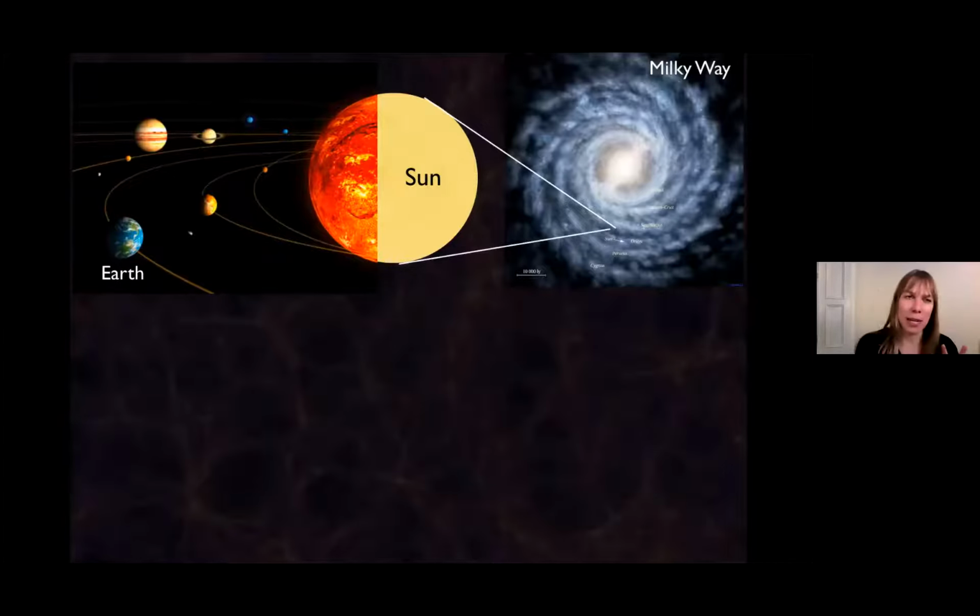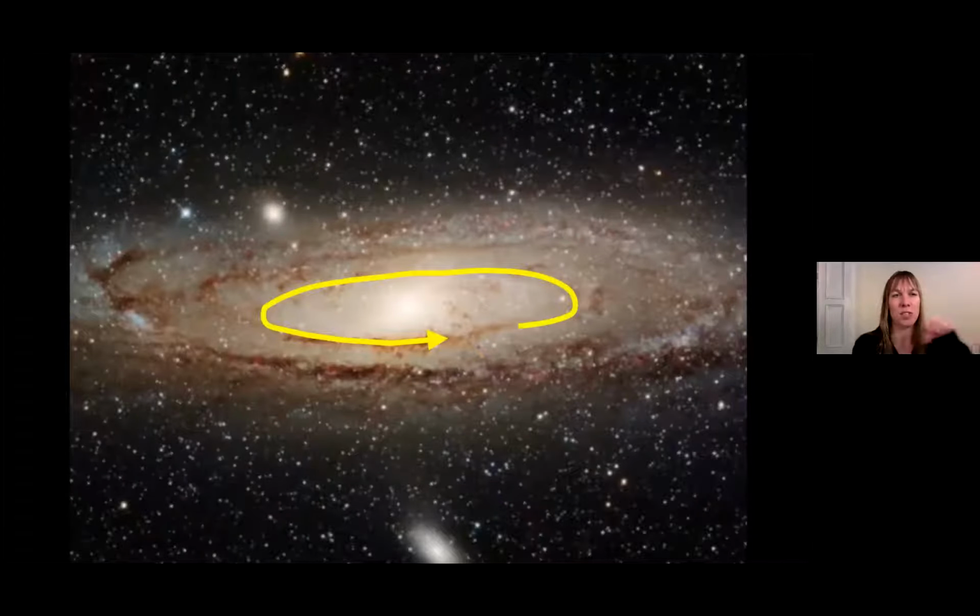All right, let's stop at the Milky Way Galaxy, because that's our first and probably most important evidence for dark matter. Because if you go and look at any galaxy that's out there and you measure the rotation of the stars within that galaxy, what you'll find is that the stars are moving too fast for the gravitational pull of the matter in the galaxy that you can see. So you know roughly how much a star weighs, and you can work out roughly how many stars there are in each galaxy given by how bright it is, and that tells you sort of the total amount of matter in that galaxy that is luminous.